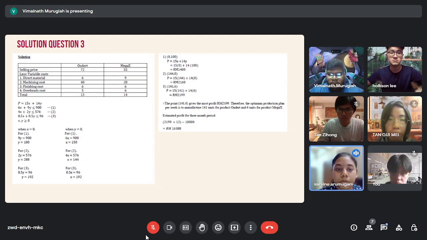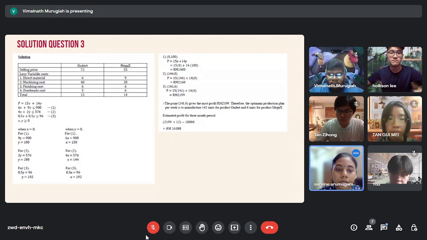Therefore, the point (141, 6) gives the most profit, RM 2199. Therefore, the optimum production plan per week is to manufacture 141 units for product 100 and 6 units for product Mega X. The estimated profit for a 3-month period will be